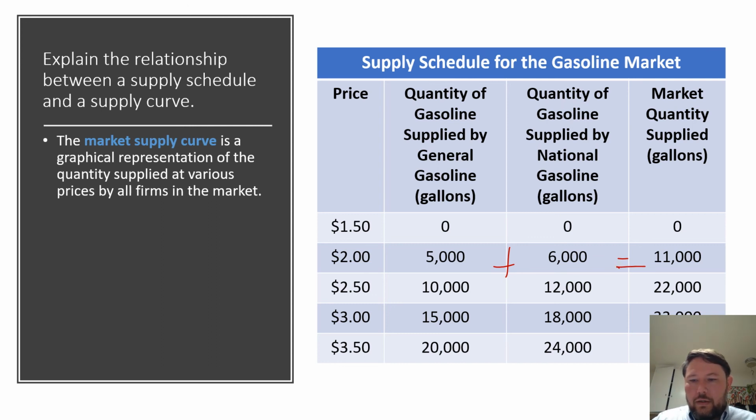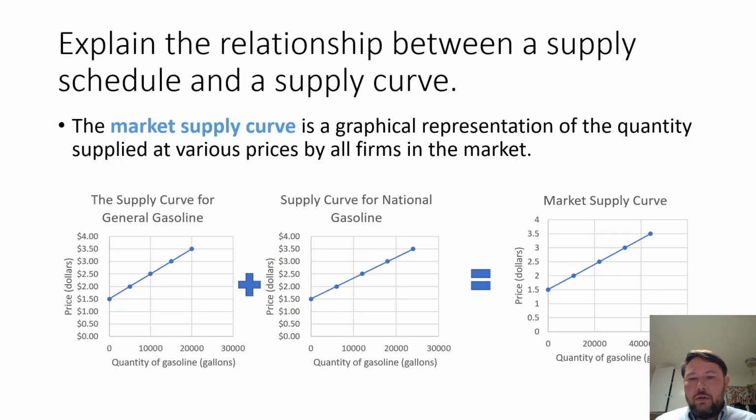This is pretty exciting here. We get our market quantity supplied. We just simply add the quantity supplied of each individual firm to get that market quantity supplied. And then, of course, we can graph it. And so here we can see again,